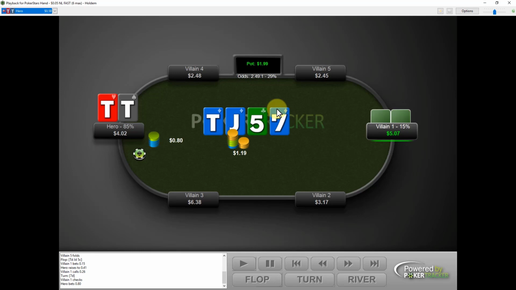What happens if our opponent has a hand like king jack, ace jack, ace 10, king 10, and they're calling that raise one time, and one of those is a diamond? Well, we don't want to allow them to freely realize their equity on the river by checking back here. So we bet for protection and we bet for value here. And our opponent folds and we take it down.